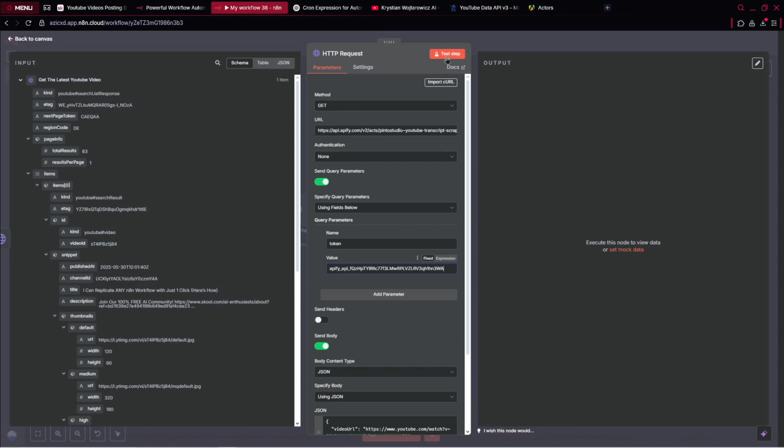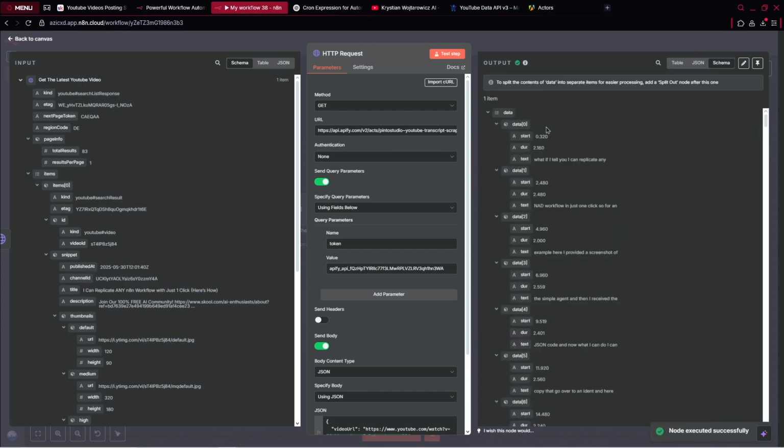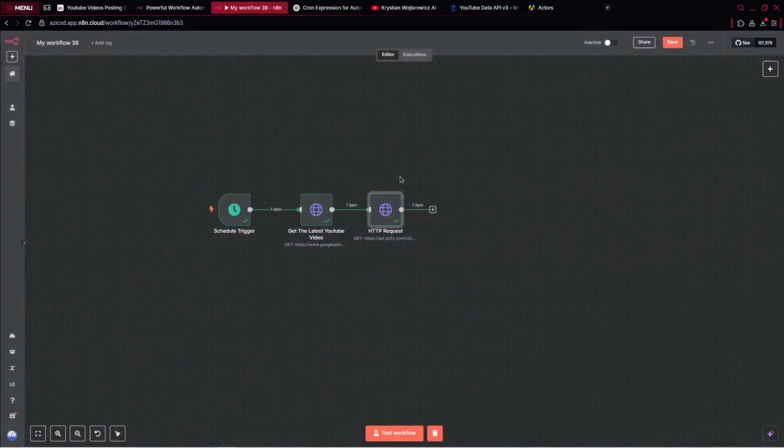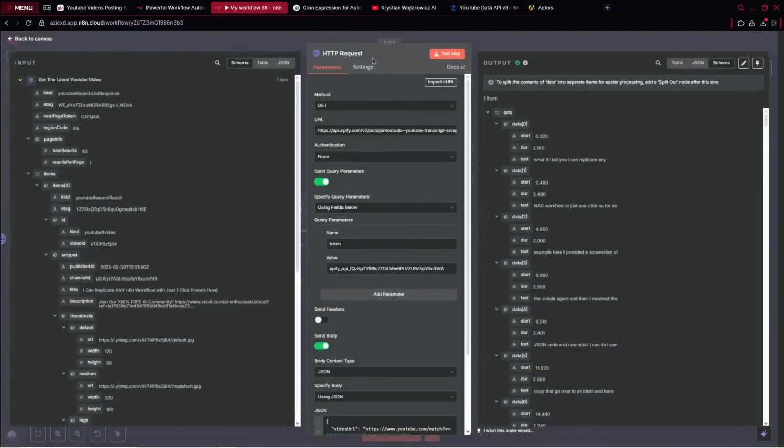So here, I can test the step and see if I get the transcript. Okay, it's pretty important. And now you can notice I've got the transcript for this YouTube video. So we've got two very important steps already set up. Let's name this one Get transcript. Nice. And now somehow we need to modify this entire data because we've got this in